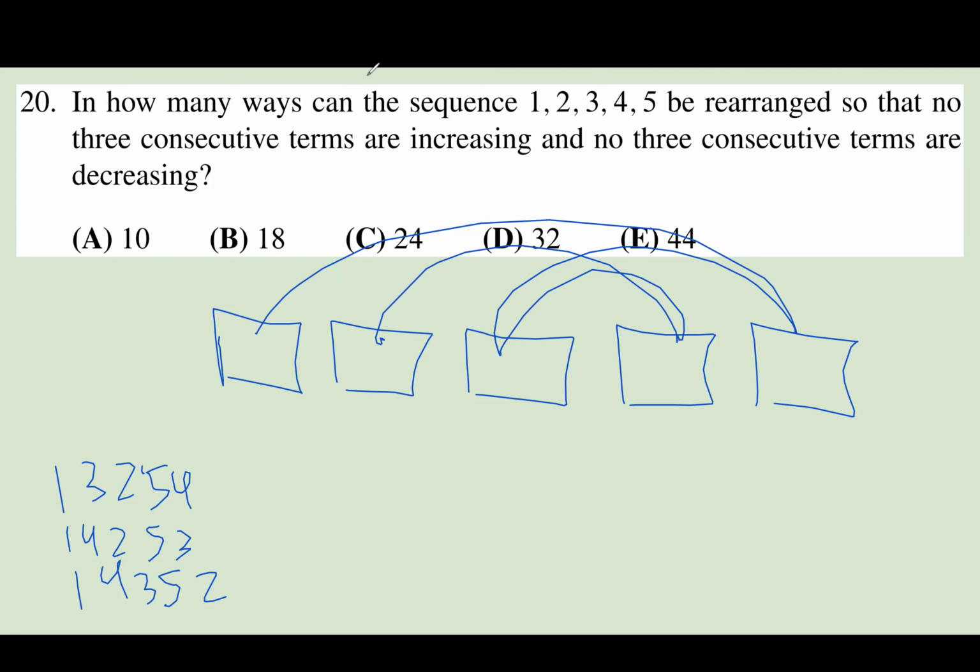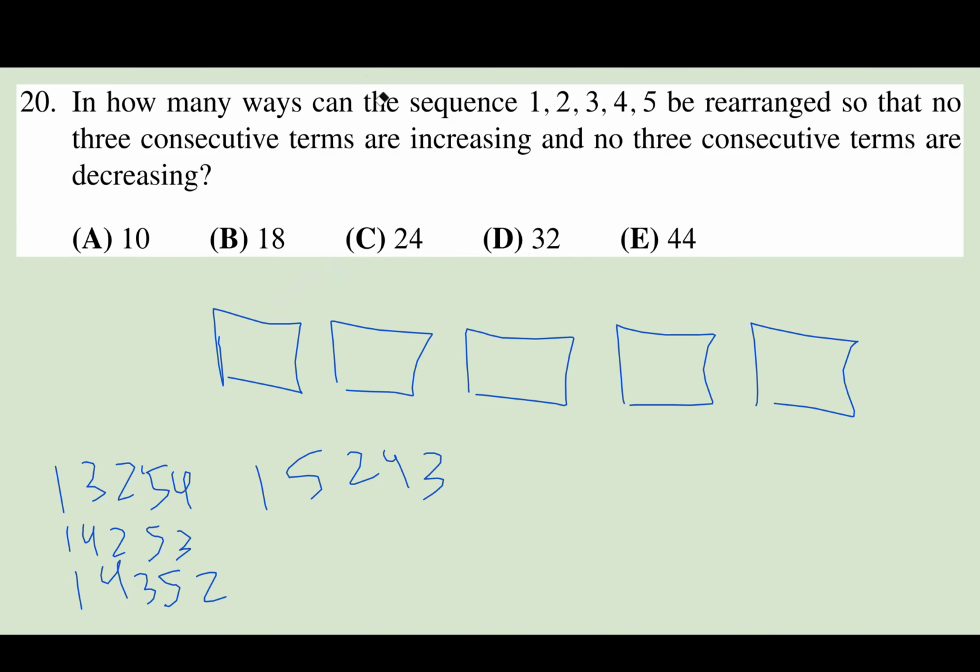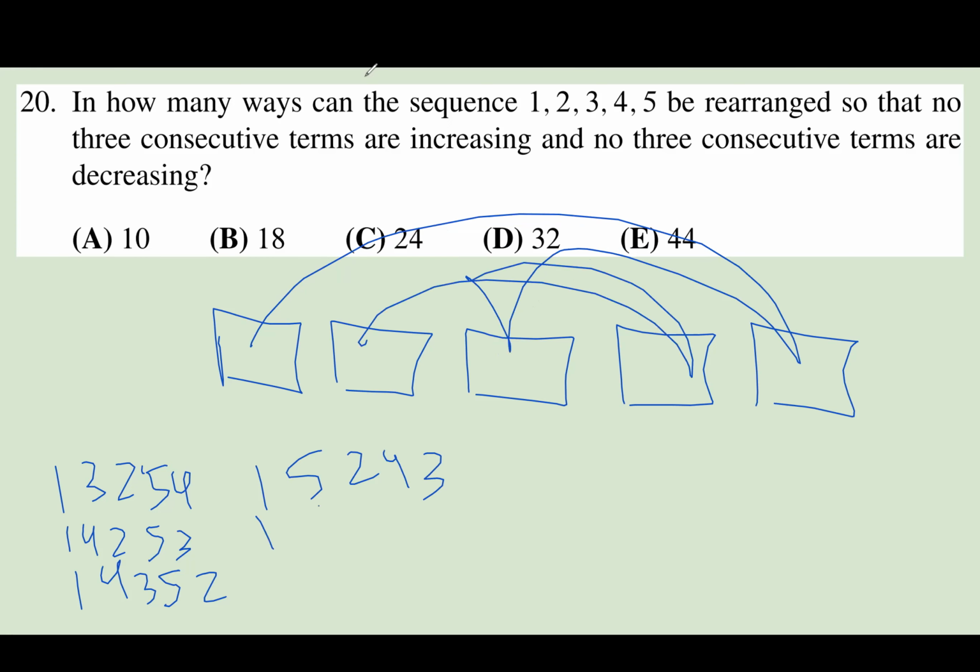Yeah. So, okay, so then you could have 1, 5, 2, 4, 3, or you could have 1, 5, 3, 4, 2. So those are all the possibilities that would start with 1, and you can kind of convince yourself that those are the only ones. So you can kind of see my system was to go like